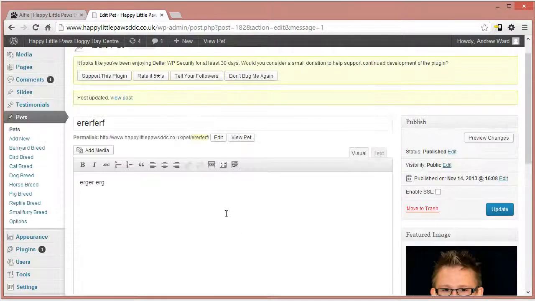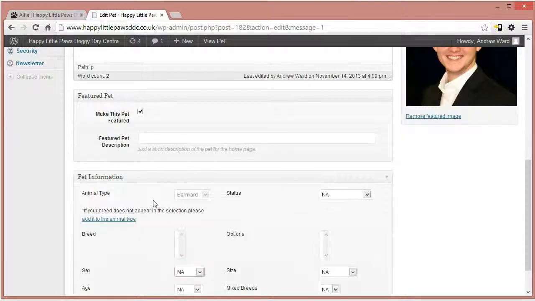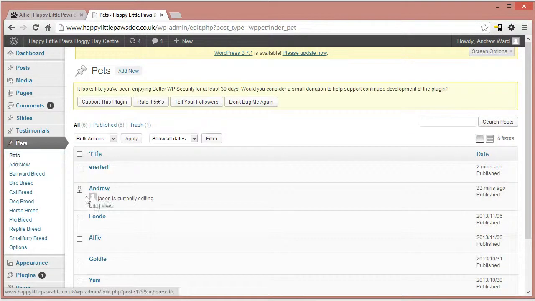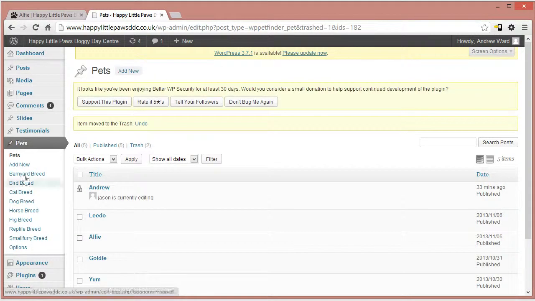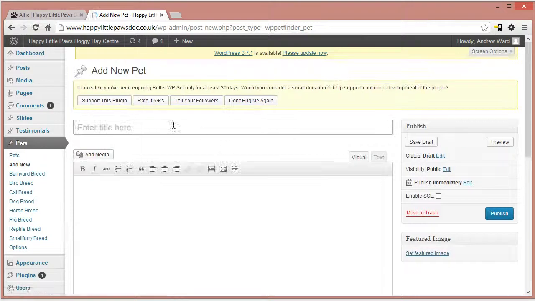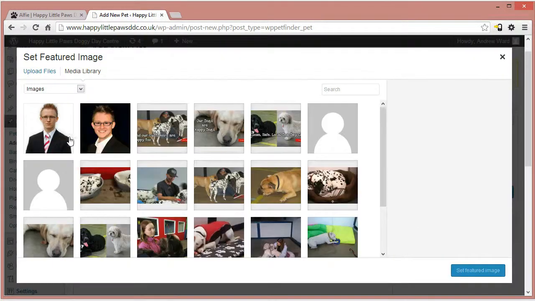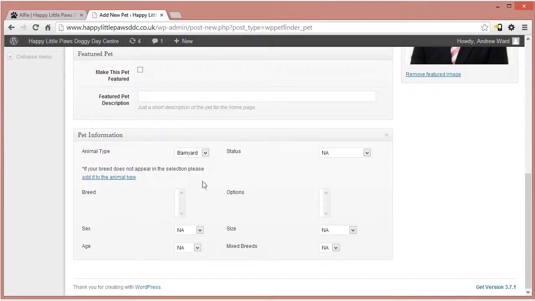So basically, when you add something for the first time, you can set what sort of breed and type it is. I did this wrong the first time and set myself as a barnyard, which is obviously incorrect. So if I delete myself there and go through the process again, you notice if I add a featured image,